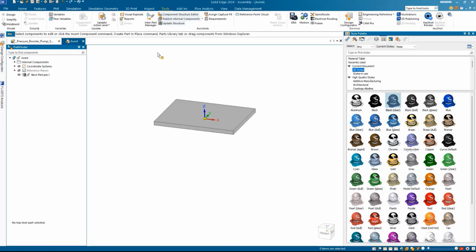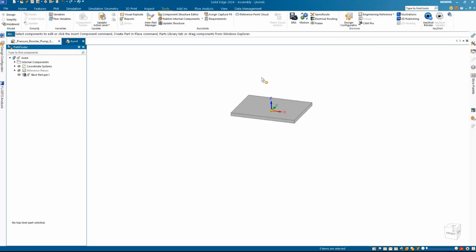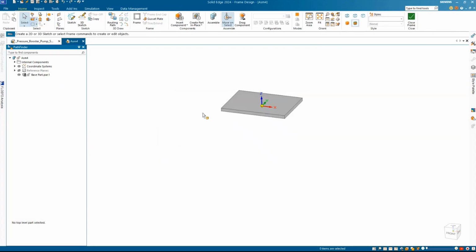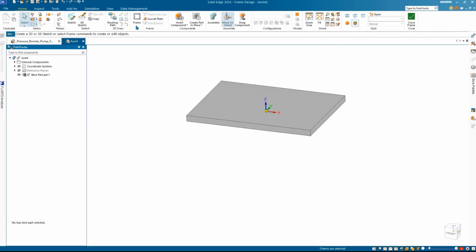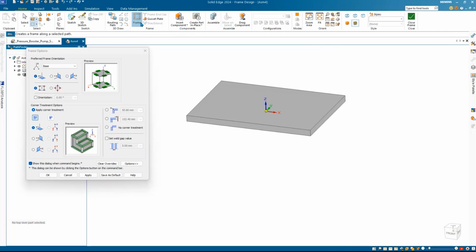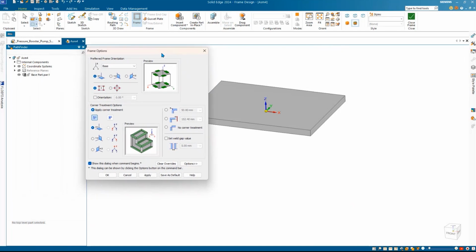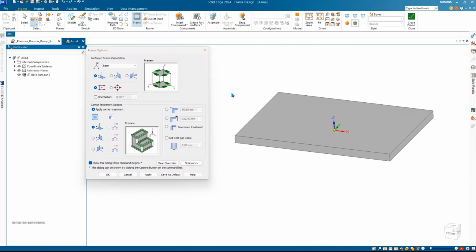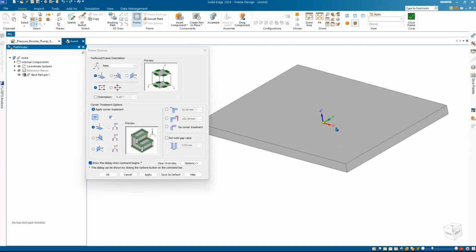To do that, I'll go back to my tools, and within tools I'll go to frames and start creating frames. So first you come to the frame command, and as soon as you come to the frame command, you'll see this frame options dialog box pop up. This is where you set the global settings for all the frame members you create for that instance. For example, I can use the XY plane as my preferred frame orientation,